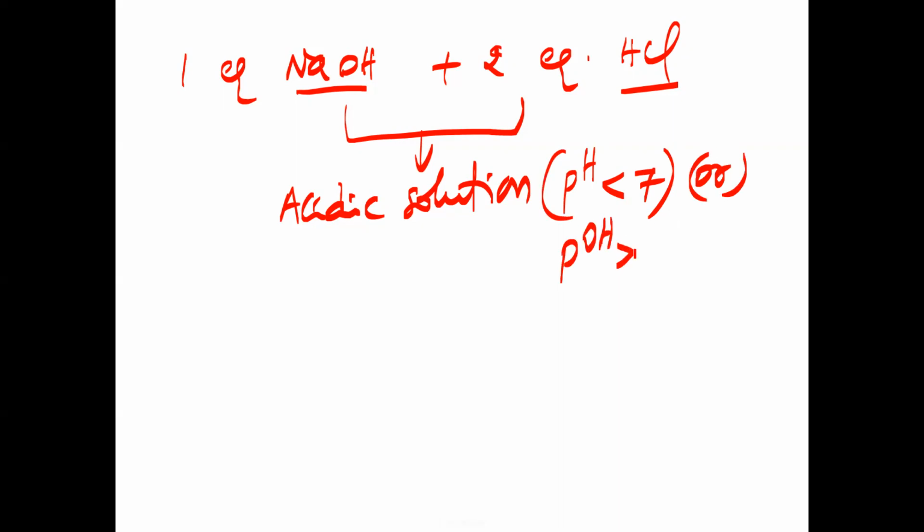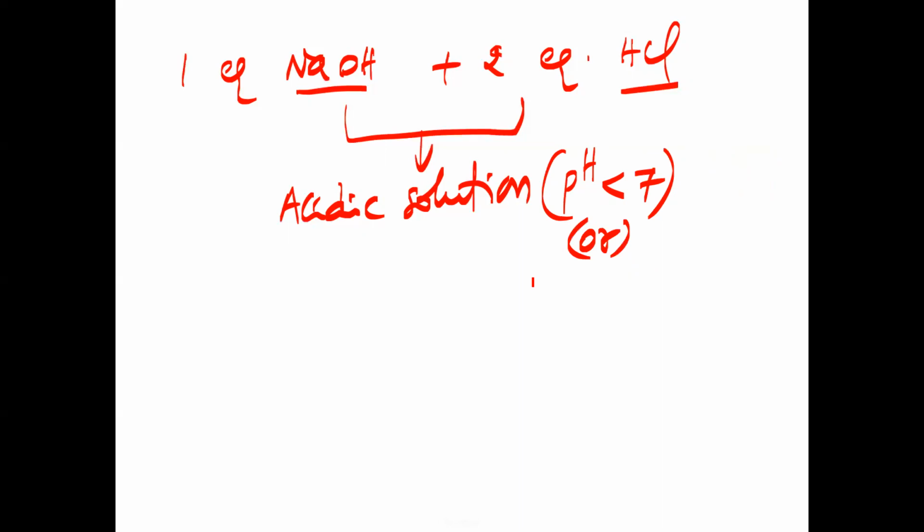pOH value should be greater than 7, we say. Okay, so now one more thing you have to remember is that whenever pH value is less than 7, the H plus ion concentration (the square bracket indicates concentration) will be greater than 10 power minus 7. So I will write it separately here. What I'm saying is that whenever pH is less than 7,